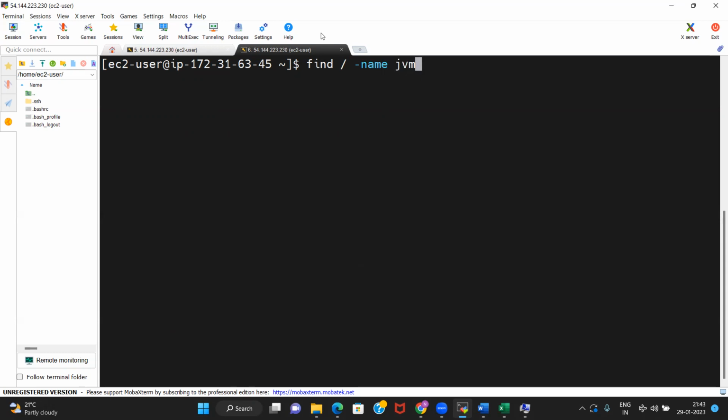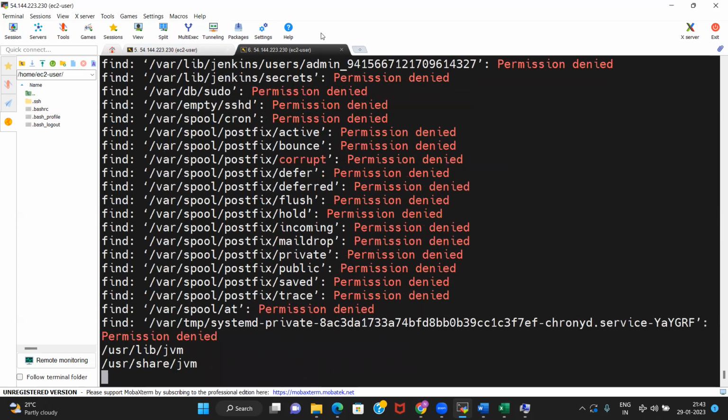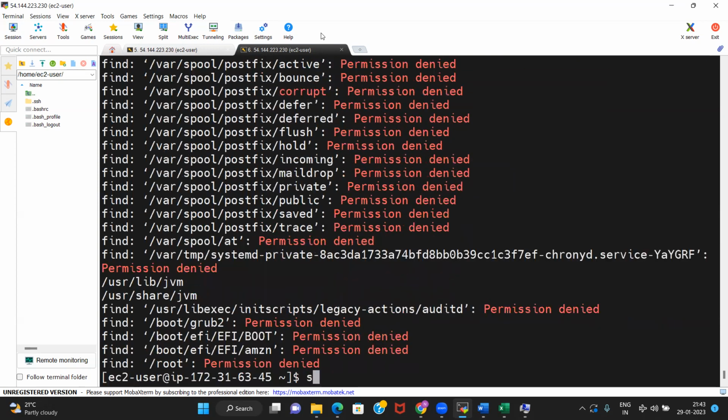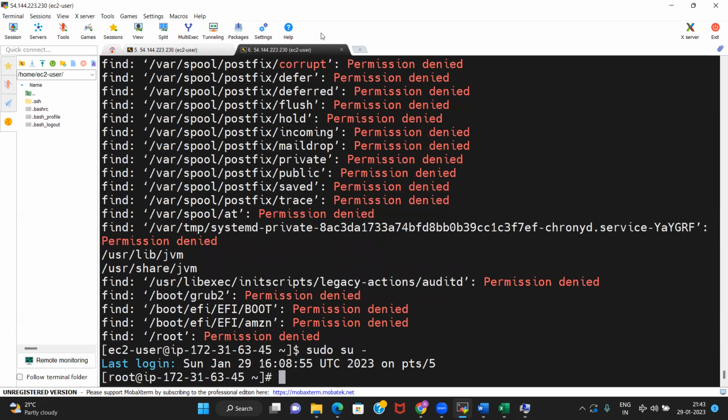So what we are doing is looking within the root directory, the root folder, for anything with JVM. Okay, this is the mistake I made. We need sudo. Let us do sudo su - to become the root user, because you don't have that access directly.